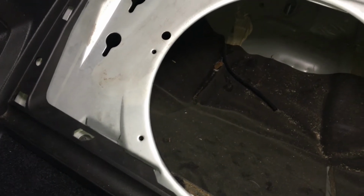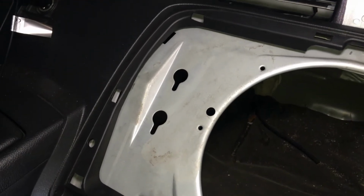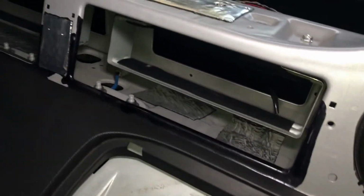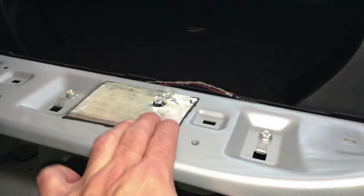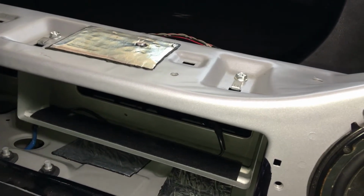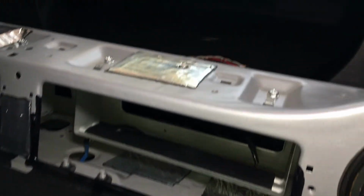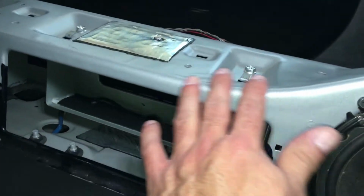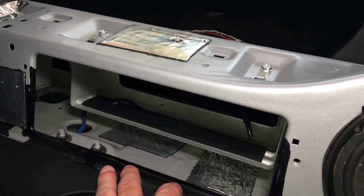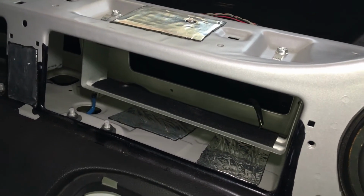Alright, so I am going to continue with a little bit more of the sound deadening material. I've started putting some here and here. First I took off the panels, this big panel that covers the speaker and the little, I guess you would call them, cubby holes or glove compartments. Took those out